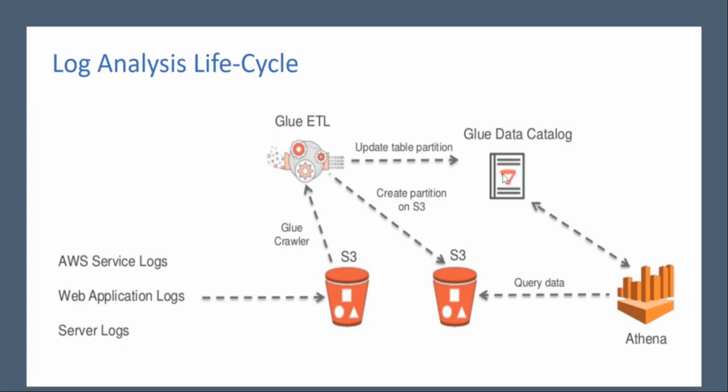And Athena would read from the data catalog, and based on the information from the catalog, which has the schema information, it will read the schema and then go to the S3 bucket to query the data. So this is the way the log analysis lifecycle, or any data access lifecycle, from Athena works along with the data catalog. So this was about the architecture and the high-level introduction to Athena,